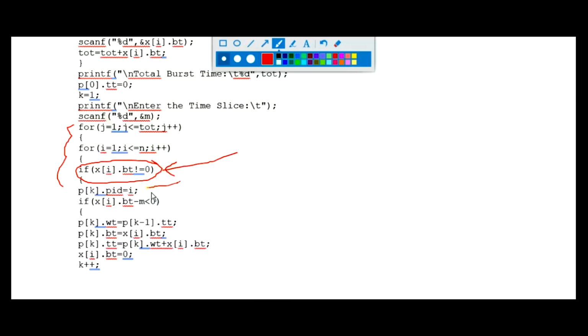Then it will allocate the PID to another variable p of k, and then at this point it will check whether the burst time minus slice time is less than 0, in minus value,